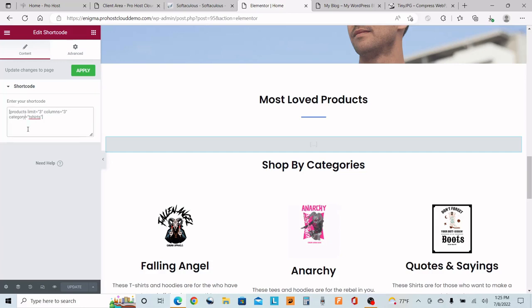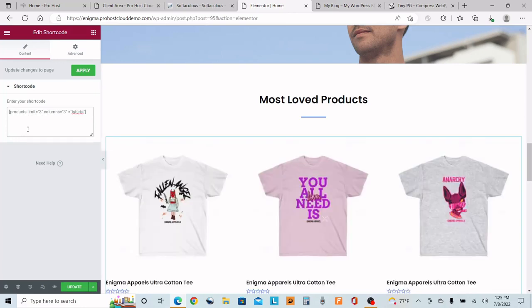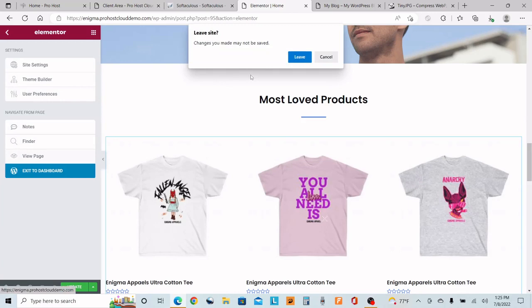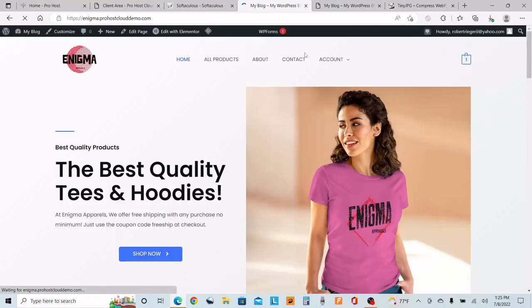For instance, let me see, we have Fallen Angel, Anarchy. We're going to add Anarchy. So let's, whoops. We are going to go out, view page. I deleted the wrong thing, so I didn't want to. I typed that back in there. I didn't save it, so